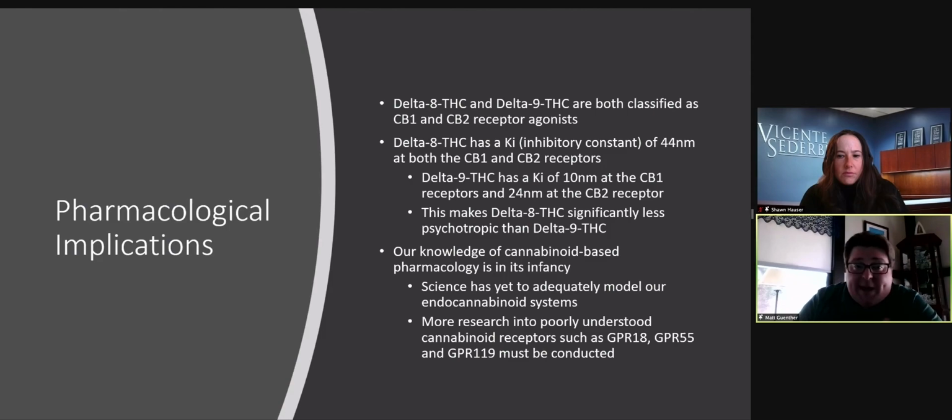The reason I think it's really important to talk about this is that we haven't really adequately modeled our endocannabinoid systems, what receptors are doing what. It's great to talk about CB1 and CB2 receptors all day, but that's why I put in those three receptor sites specifically. There's a lot of different novel activity at GPR18, GPR55, and GPR119, and we've got to start studying that because, as I talked about before, as we start playing with these molecules in research and development, whether it be the alkane chains, substituting those substituents, or playing with the top left,